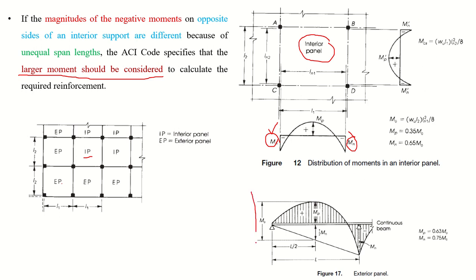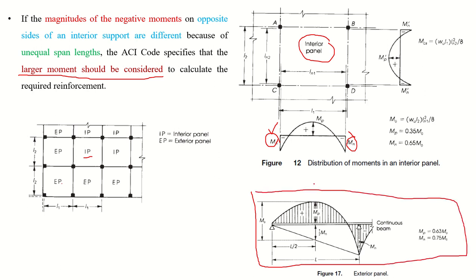This is the bending moment diagram of the exterior panel. For the interior panel we already discussed the values of M positive and M negative. M positive will be 35% and M negative will be 65%. However, in the case of the exterior panel, as you can see,